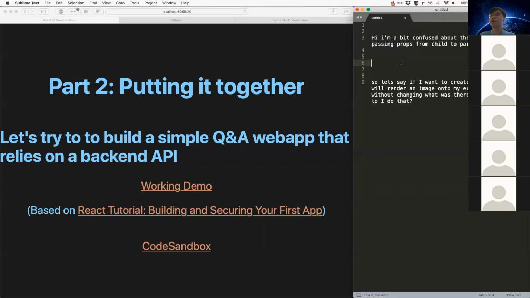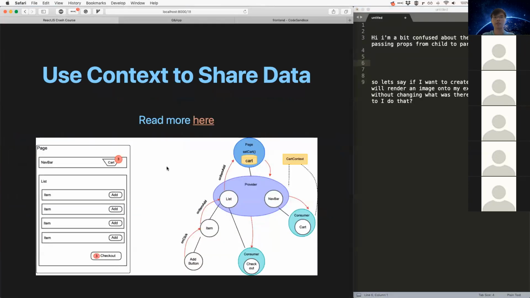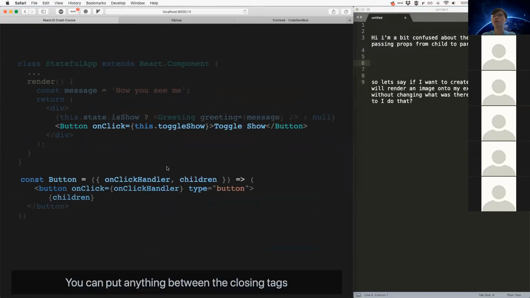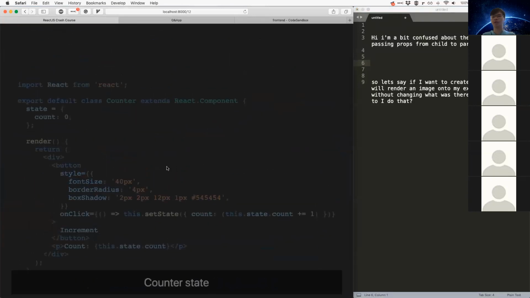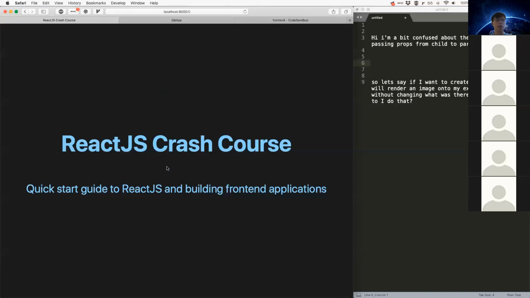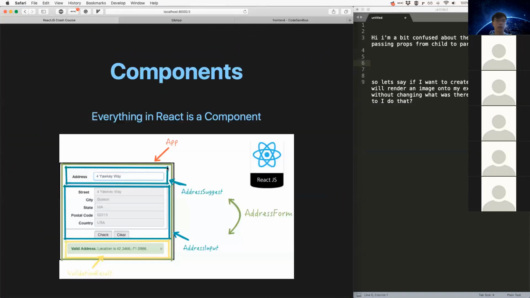So the general idea here is, first and foremost, for React, data flow is unidirectional. That means it only goes in one direction, which as we mentioned earlier, is only from parents to child. So an example where you might need data to flow in the opposite direction,